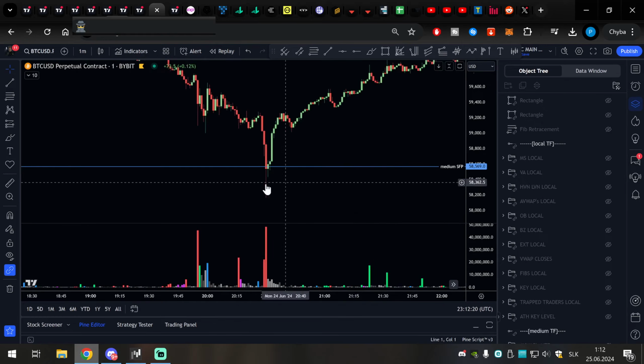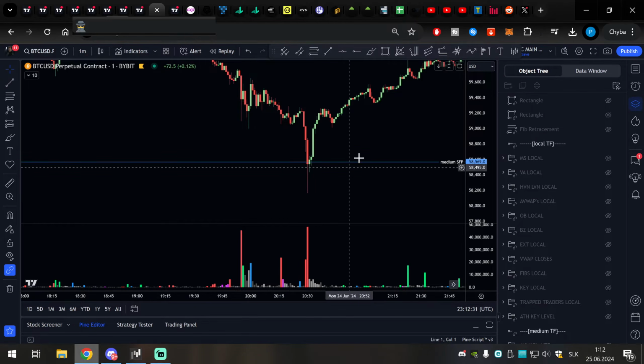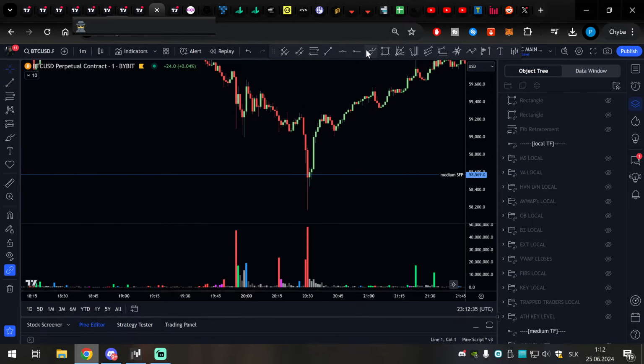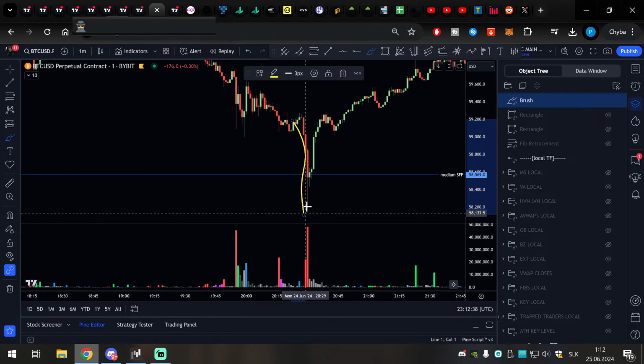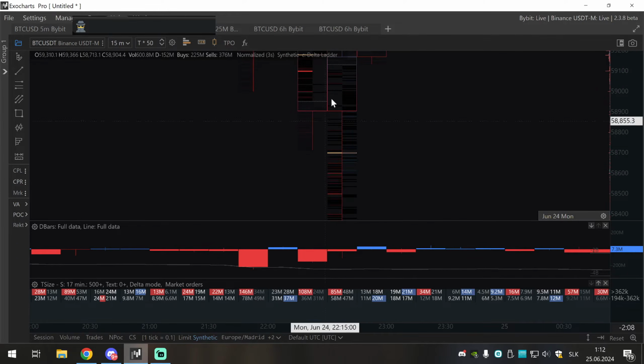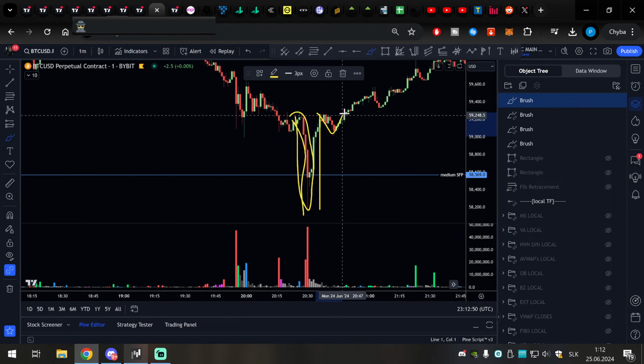While from the swing failure pattern, you want to stay above this low. The market started to close above this low, so a lot of people started to long over here, putting stop loss behind the pivotal low. And from price action principles, you are having an exhaustive breakdown to the downside here. Once you reclaim it, this is a sign of trend, because you are trapping all these people I was showing you in this candle here. Yeah, shorting the lows, and now the market starts to push to the upside.